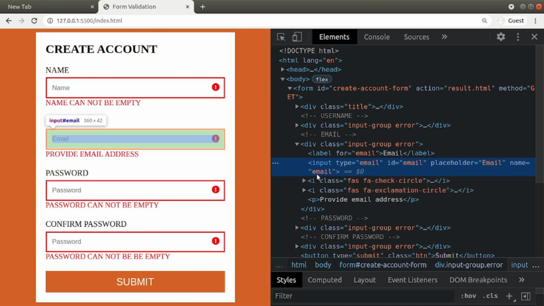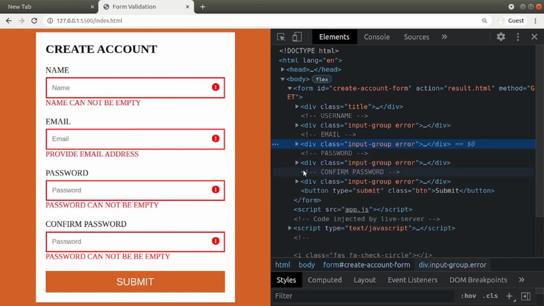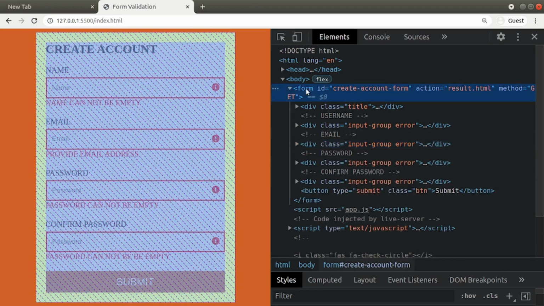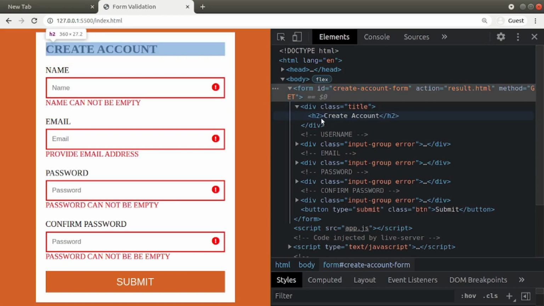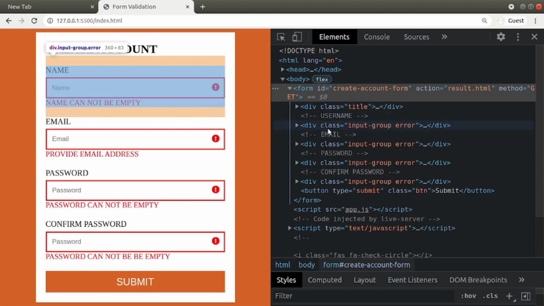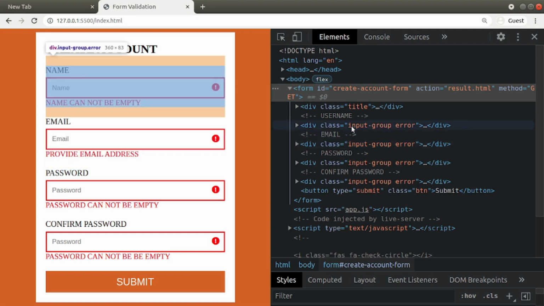In order to take these divs inside our JavaScript, see where these are. These are inside the form. Only divs which contain an input field we want. Here you can see this one does not contain an input field. It contains only an h2 tag. We don't want that. To take only divs which contain input fields, see this input-group class they have.